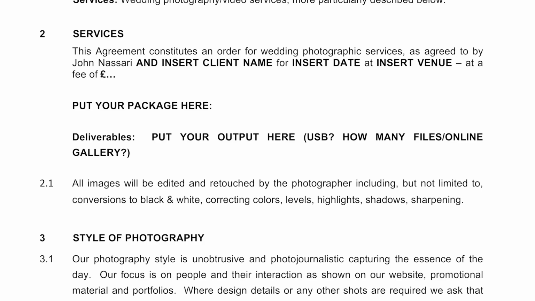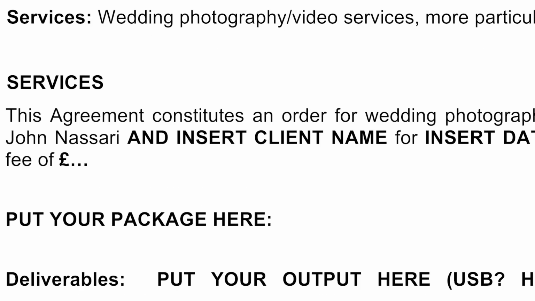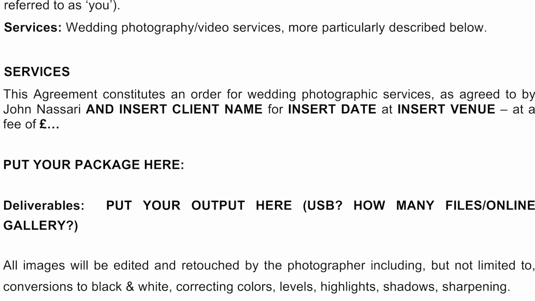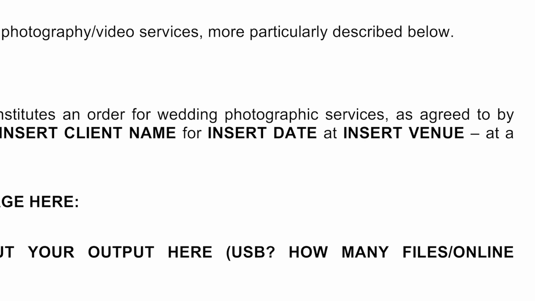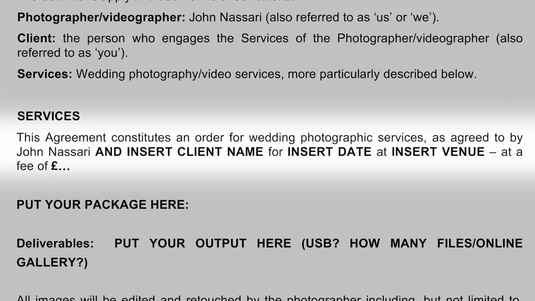So in your contract, I think to start with, you need some sort of terms of specifics. So what we need to do is just name the couple, get their full names, both of them, get their address as well, place that on the contract. That's quite important. So names and addresses, full names. Then I think you need to put the date. So this is not just a general contract that you're just passing them. You need to actually title it to them, address it to them. So you put the date of their wedding, you put the location of their wedding.